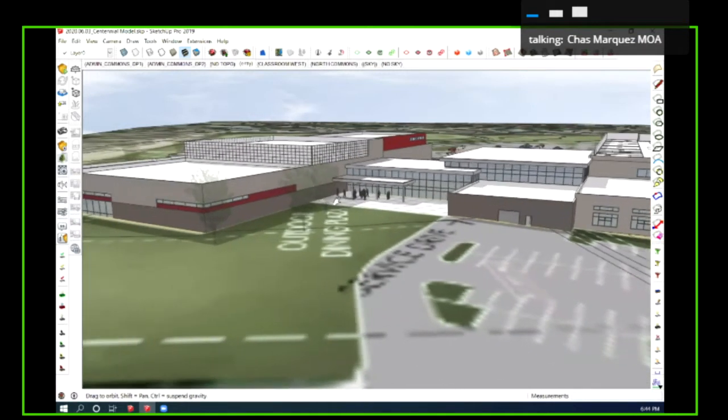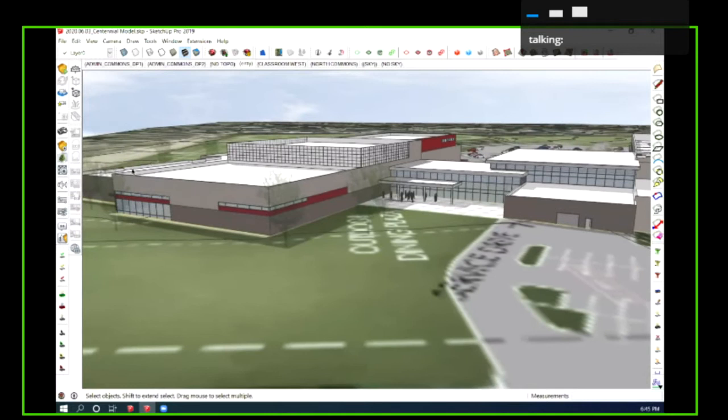So keep moving around here on the north side. This volume here is the auxiliary gym space. We're starting to look at how window openings are going to work within these spaces and the functions of those spaces. I think we do want a lot of natural light within the gym space, but at the same time, we're going to have this very outdoor active area. The auxiliary gym space is not going to want to be disturbed by those activities.